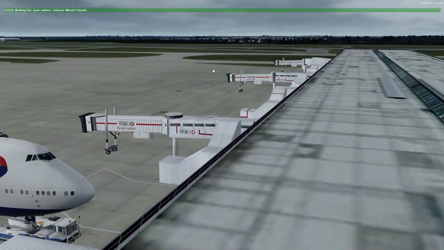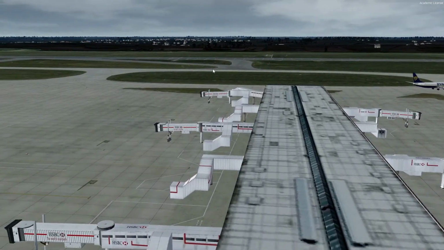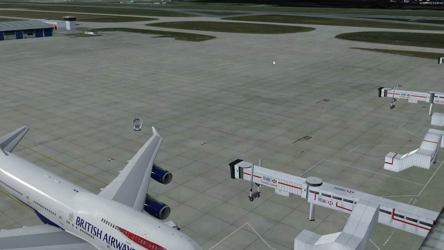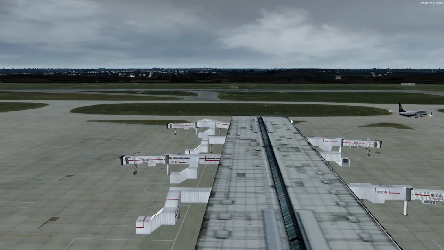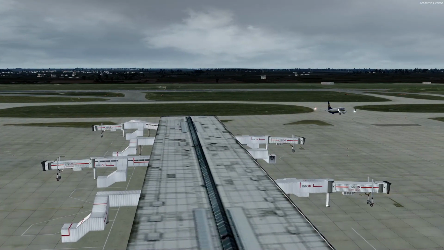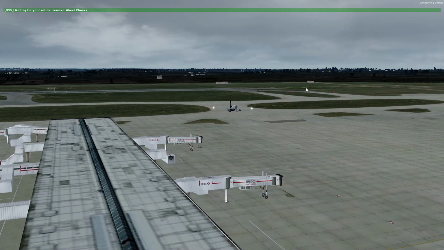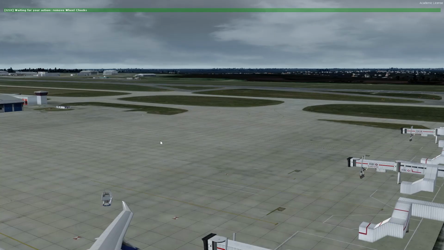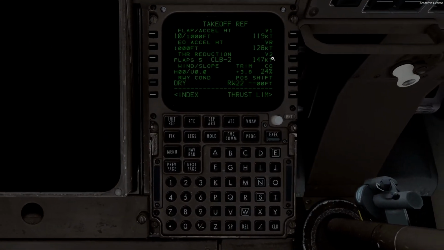Then we want to taxi. From here, push back to the right, taxi along this taxiway here, then all the way along here, then go where this Ryanair is going and turn onto the entrance point to the runway, and we'll take off and depart via runway 22. So we want to remove the wheel chocks